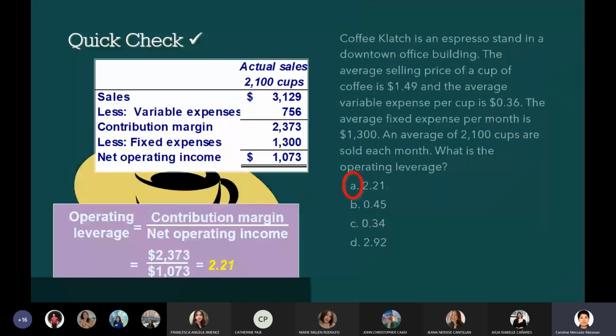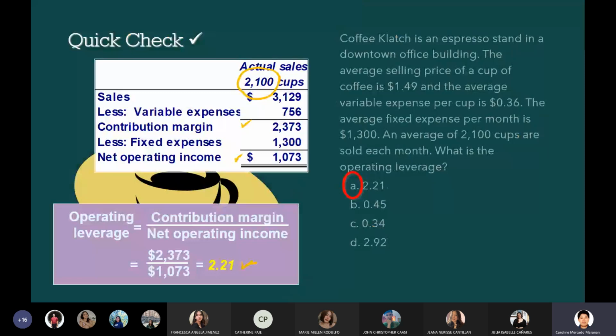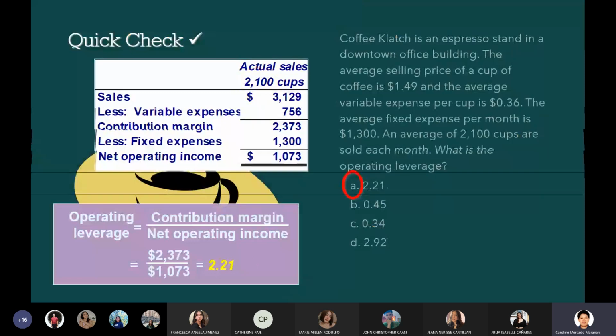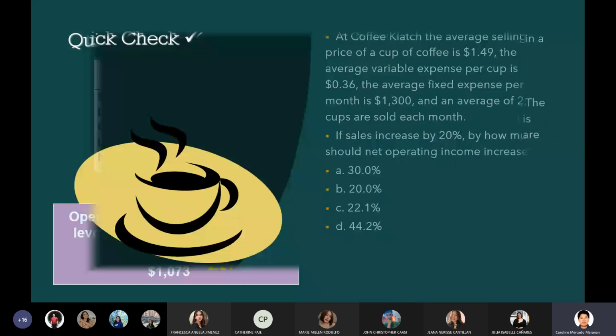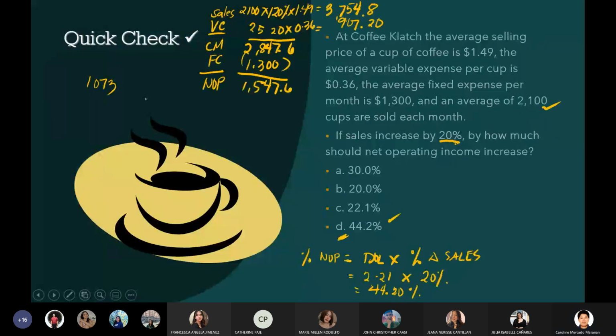Ang dati nating net operating income ay 1,073. So, ilagay natin yan dito. Dating net income is 1,073. Okay. Tama? 1,073. So, magkano ang pinagbago niya? From 1,073, naging 1,547. So, the change niya ay equals to 474.6. Divide mo sa 1,073 equals,